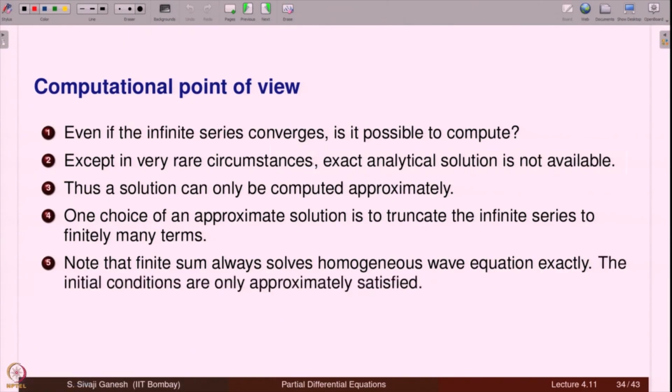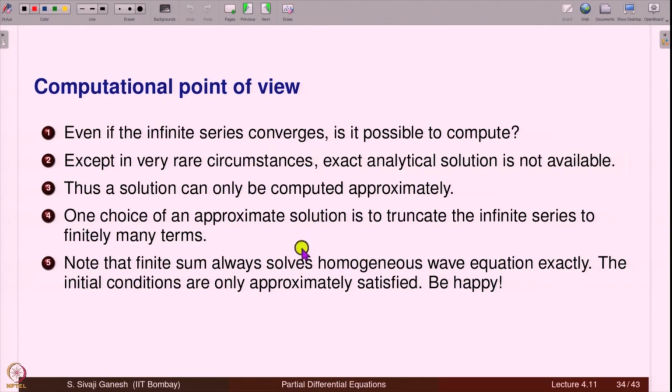Only initial conditions are satisfied in an approximate sense. Be happy with that. So some people take this point of view: yes, I know that I have an infinite series, I know it does not converge, but as long as it converges for the function, maybe not for the derivatives, just the function, then I want to compute the solution only. Of course, the notion of solution I have to generalize, but I know a function which can be computed, which is a candidate for a solution,